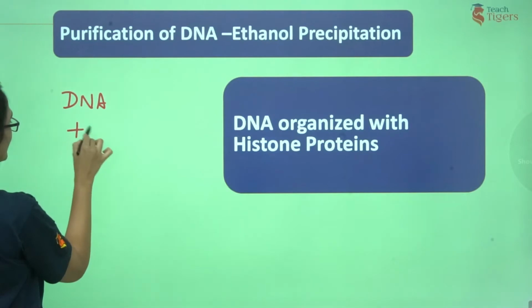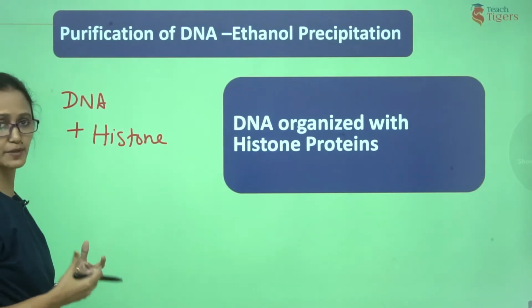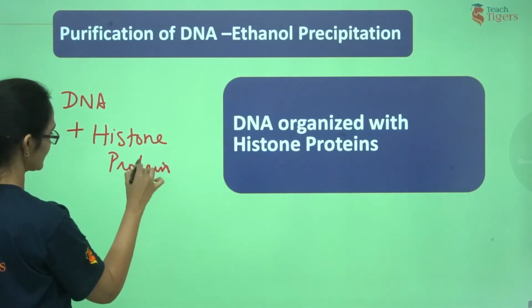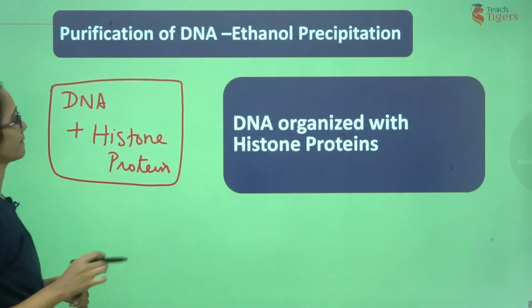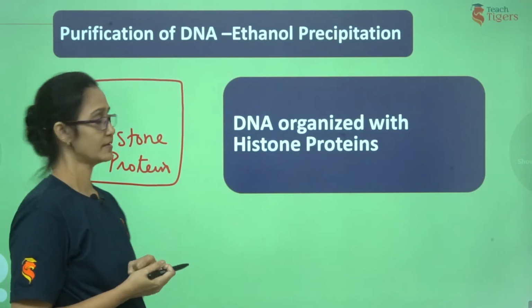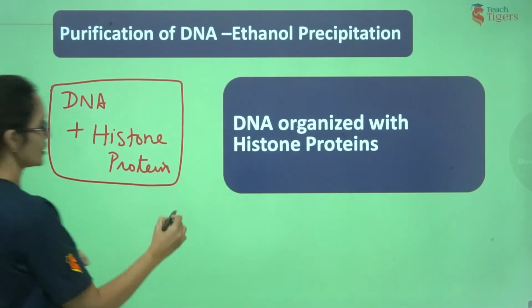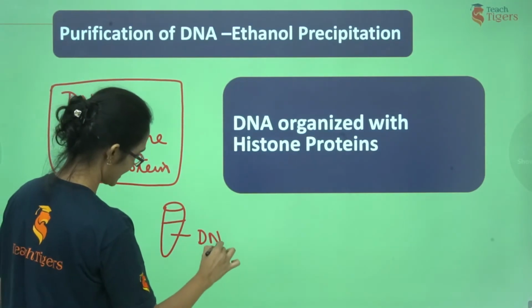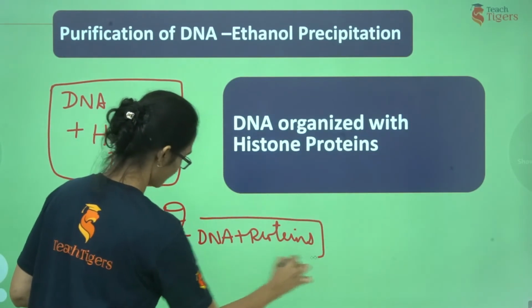But since DNA is always in association with histone proteins, you don't find the DNA in its purest form even in the cell. It takes the help of histone proteins and packs itself tightly in a eukaryotic cell. And for this reason, even this DNA is not the purest form. But still, it is this DNA that is actually isolated from the sample. So what we do here is, by this time, your DNA is in the soluble form. In your test tube, your DNA is in a soluble form. DNA in association with proteins is in its soluble form.